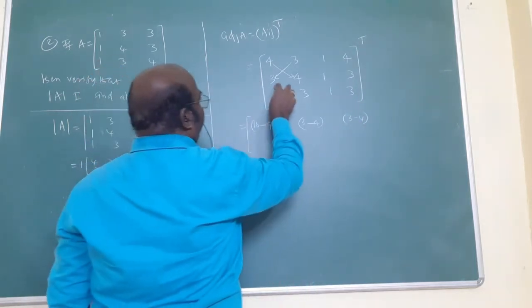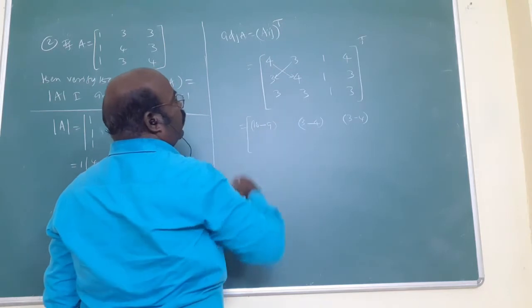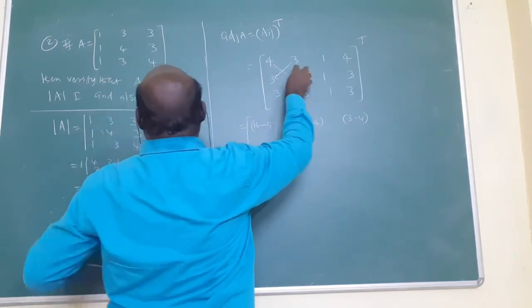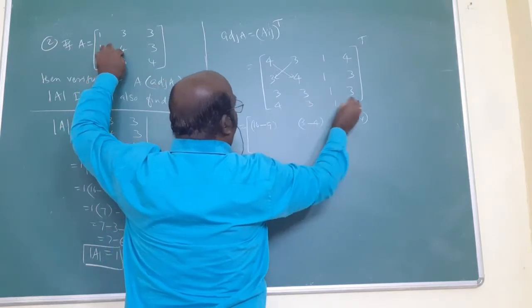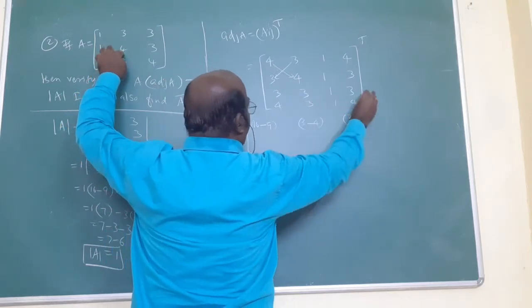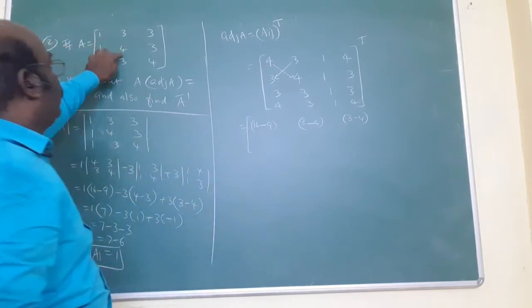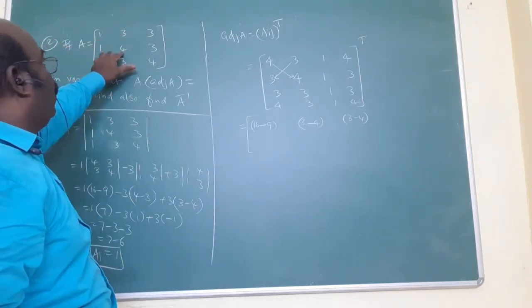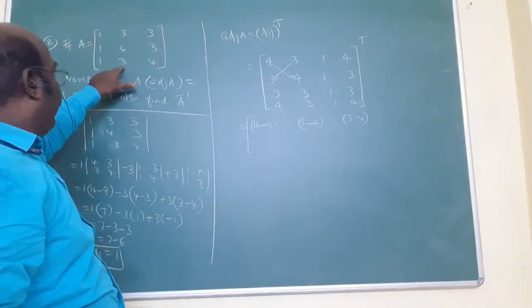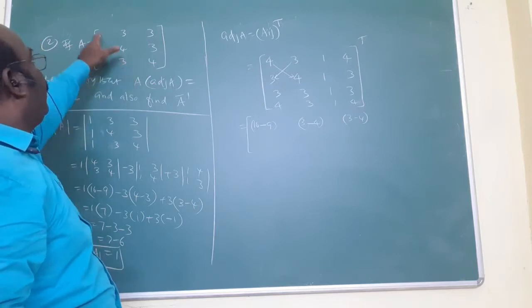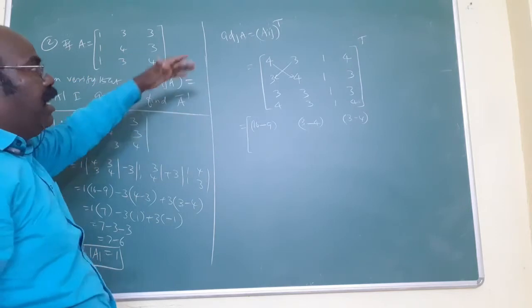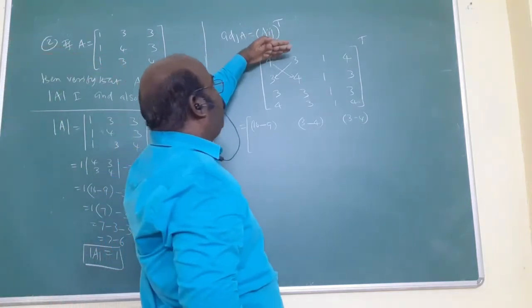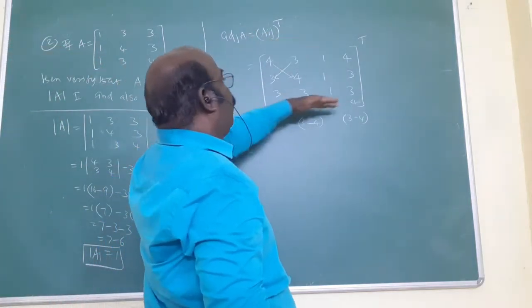Next step. It's over. Again, start with the middlemost 4, no? Again we have 4, 3, 1, 4, 1. Start with the middlemost number 4, 4, 3, 1, 4. Again, 3, 4, 1, 3. Again, 3, 3, 1, 3. Again, 4, 3, 1, 4. In this way, first start with 4, 3, 1, 4, no? End with 4, 3, 1, 4.